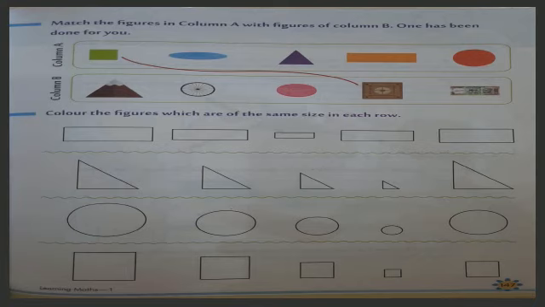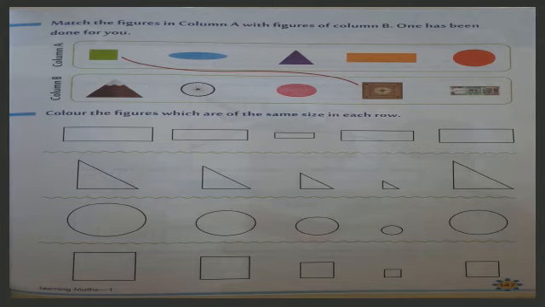So do the second one now. See the second shape. It is oval. Which object matches with the oval shape? It is a soap. Third picture from the left side. So draw a line from the oval shape to the soap. Done? Very good. Now the rest you can do. Let's move to the next question.